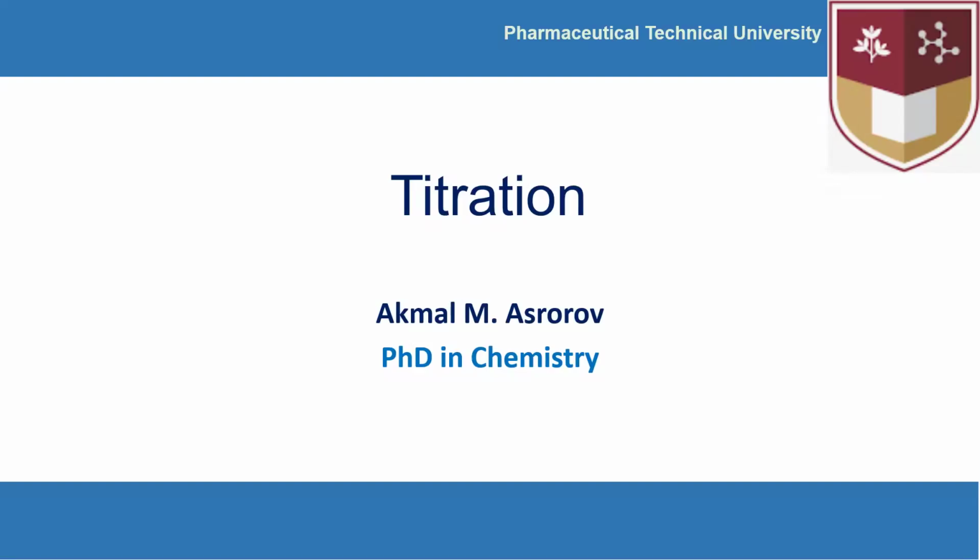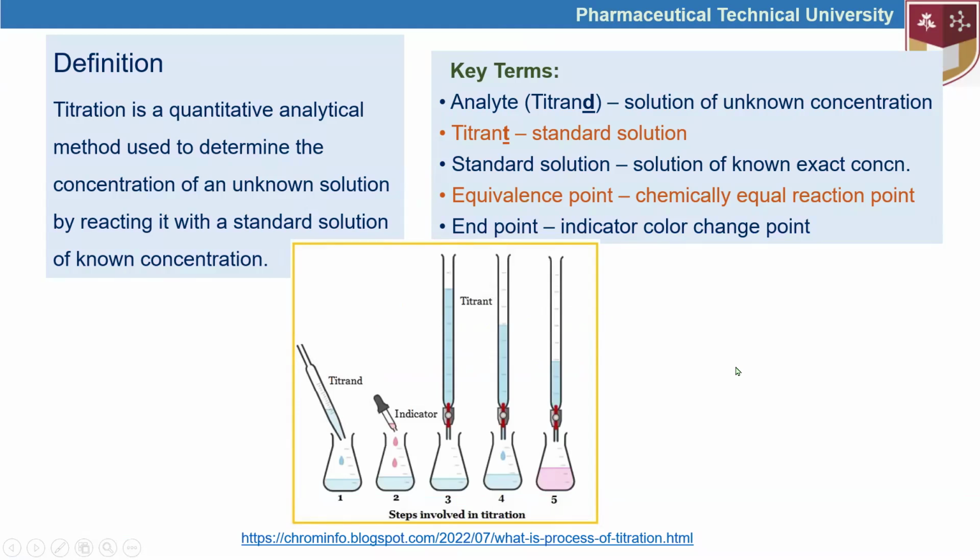Hello, today we are going to talk about titration. Titration is the method to analyze the concentration of one compound based on the concentration of another compound. We can define it as the quantitative analytical method used to determine the concentration of an unknown solution by reacting it with a standard